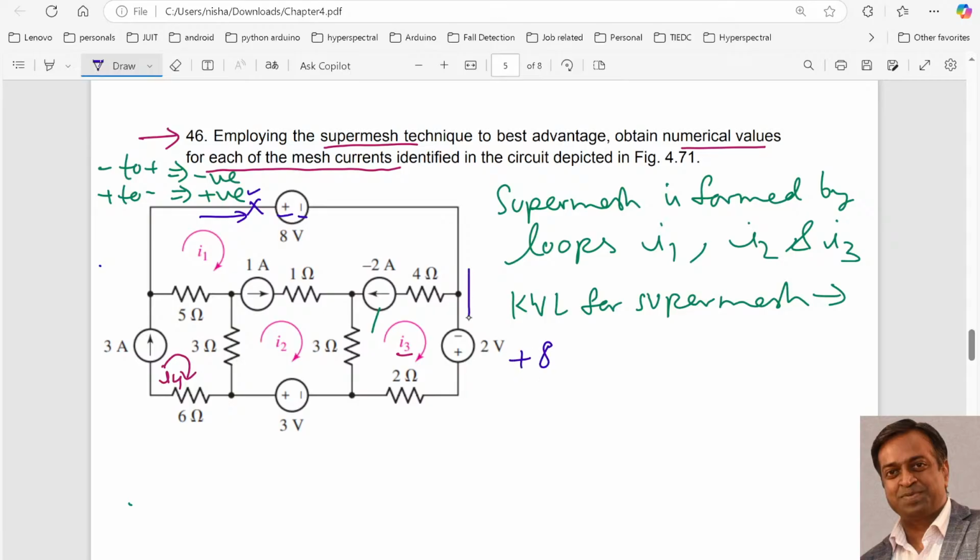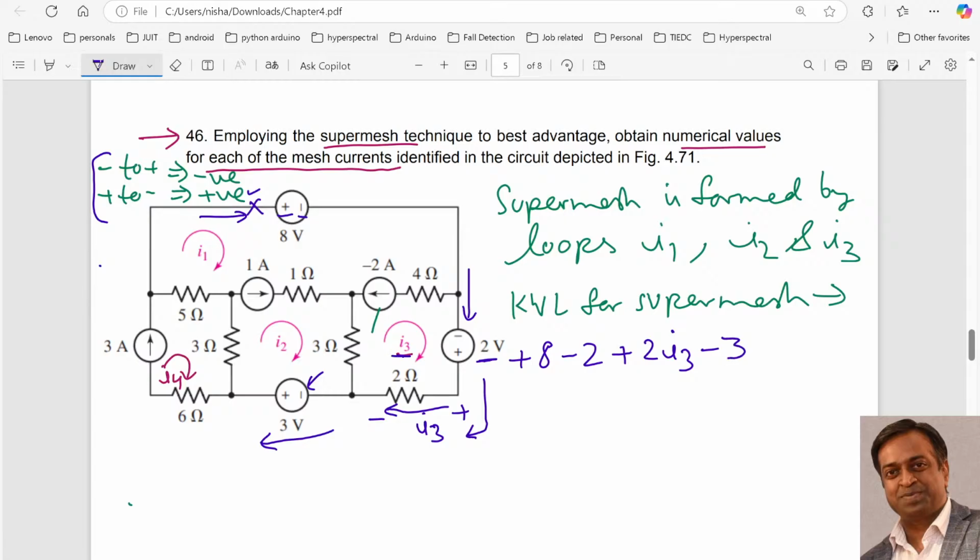Now coming to this part, now over here the polarity of this is changing from minus to plus, so I will take it as minus 2 as per this convention. Now coming to this part, only one current I3 is flowing through this, and plus will be at the tail, minus at the arrowhead. So it means moving in this direction, the polarity is changing from plus to minus, so it will be plus 2 I3, resistance into current. Now coming to this part, polarity is changing from minus to plus, so I will take it as minus